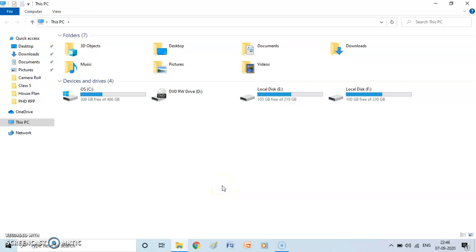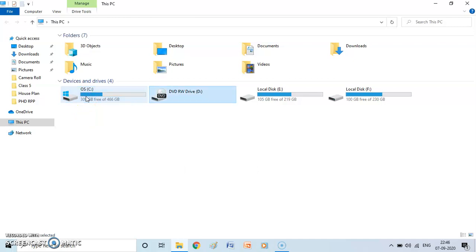The first section is hard disk drives. This displays all the partitions of hard disk drives in the computer. Now, if you remember, in our last chapter, we learnt about different types of data storage media. In that, we have learned that hard disk is the primary storage in any computer. Now, what happens is that usually we partition the hard disk. Like in this PC that I am using, I have 4 partitions.